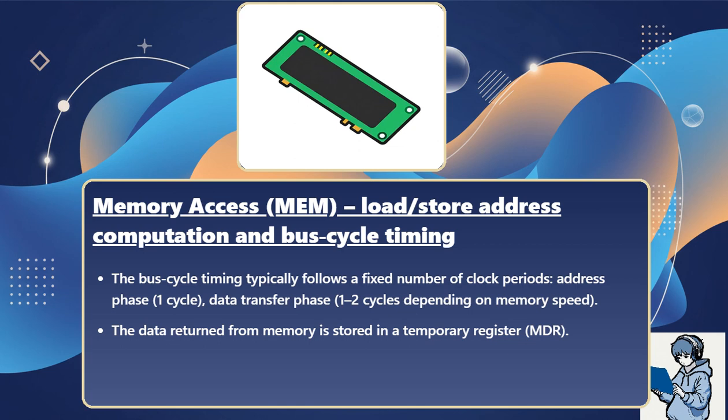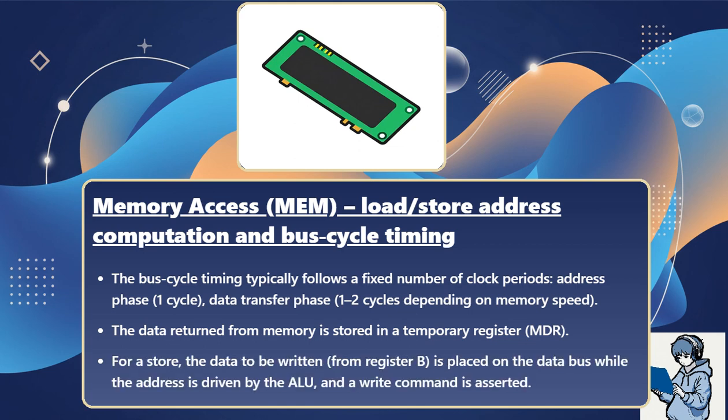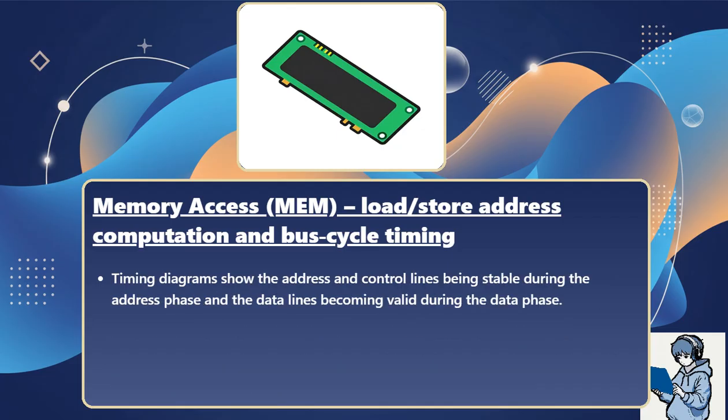The data returned from memory is stored in a temporary register, MDR. For a store, the data to be written from register B is placed on the data bus while the address is driven by the ALU, and a write command is asserted. Timing diagrams show the address and control lines being stable during the address phase, and the data lines becoming valid